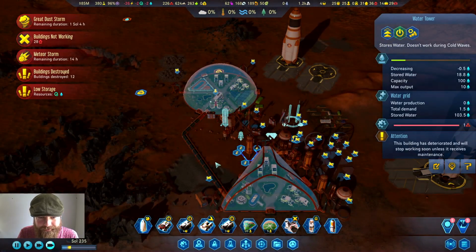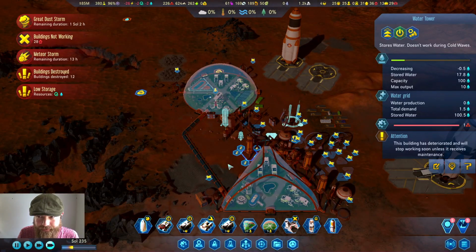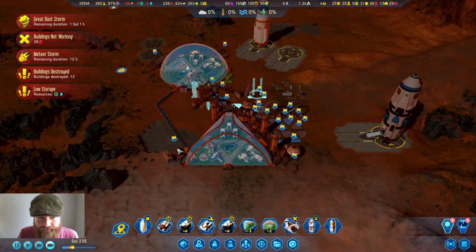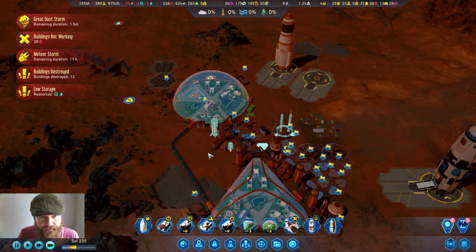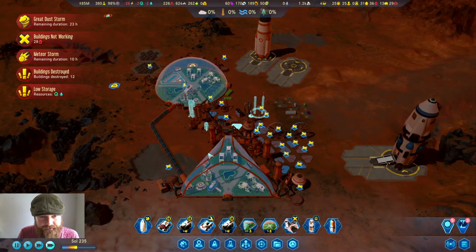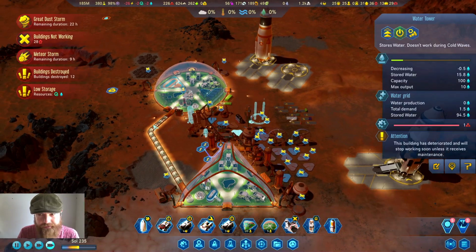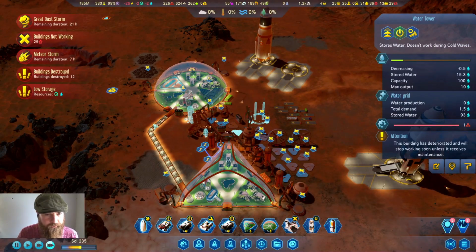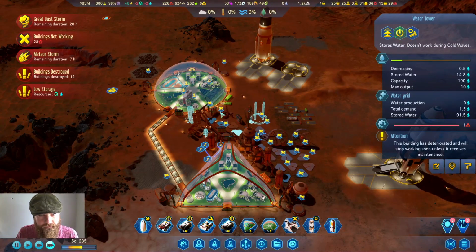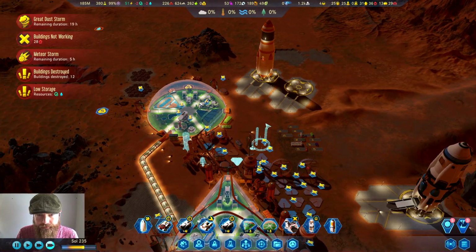We are very low on water, which tends to be the thing I always worry about. I'm just gonna upgrade all of our moisture vaporizers. But we're over the worst of the dust storm, so we should make it. Even if we ran out of water, we would have enough to